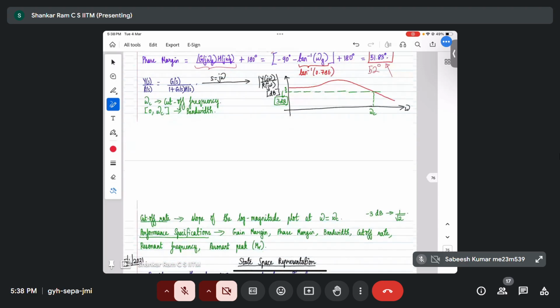So the last definitions in this class: when we did performance specifications and did root locus and looked at unit step response, you and I used parameters like rise time, settling time, peak overshoot, and so on, right? So when we have those parameters for unit step response, the corresponding question is what are the performance specifications when we use